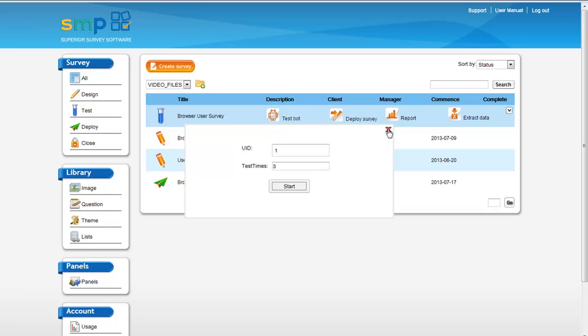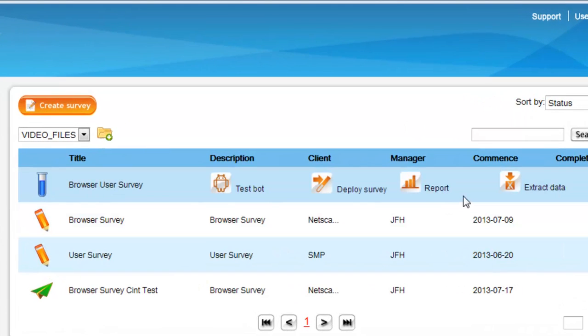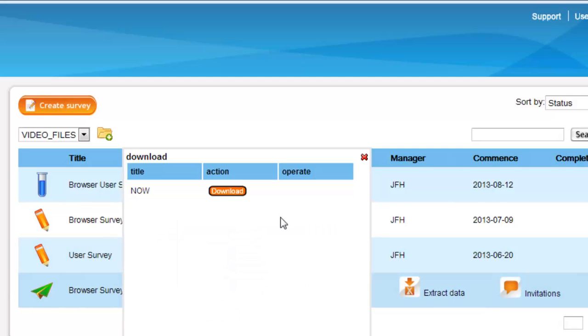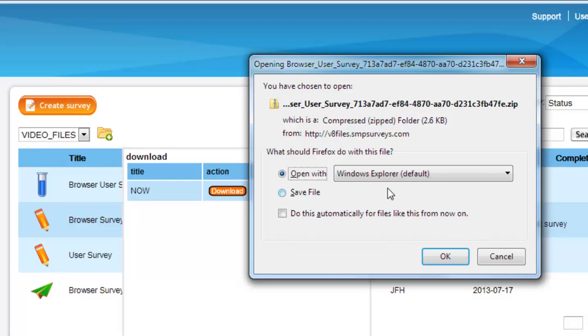We come back to our screen, we'll just close this pop-up here, and what we'll do is extract the data and have a look at it, and I can show you how to do that at the same time, but also that the data's been collected in test mode. So I press on extract data, I click the download button, and I say open with. I'm happy to open this data set,